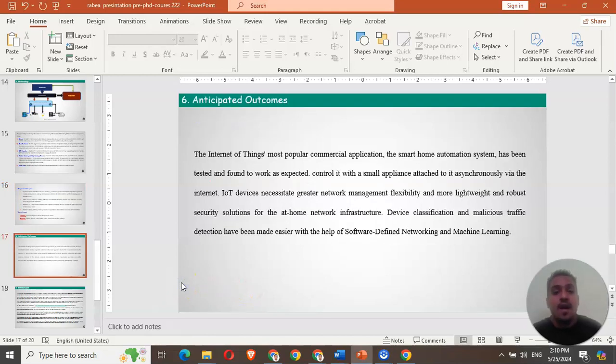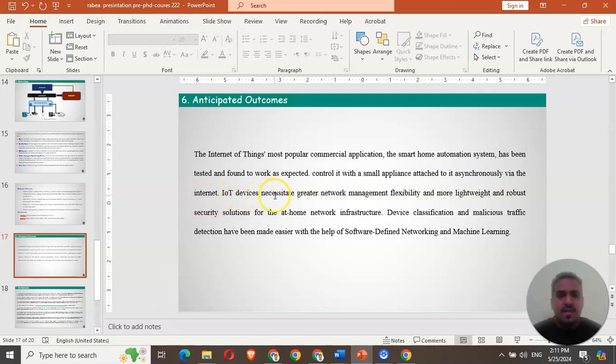Here is the anticipated outcome or conclusion. The smart home automation system, the most popular commercial application of the Internet of Things, has been tested and found to work as expected. The controller, with small appliances attached, operates asynchronously via the internet.